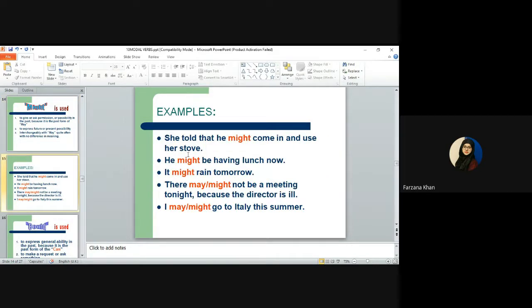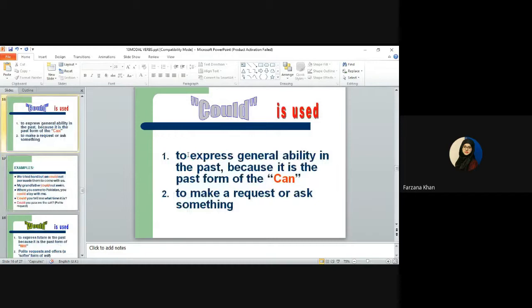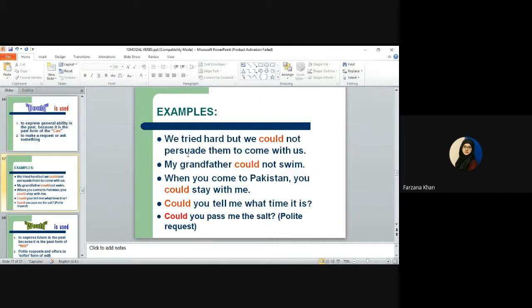Let's talk about could. This is also another important modal verb. Could basically is the past form of can. Wherever we use can, when in the same sentence is in past form, we use could. But there is another use of could. It is used to get permission, and it is used to request or ask something in a polite way. You can see in the examples,